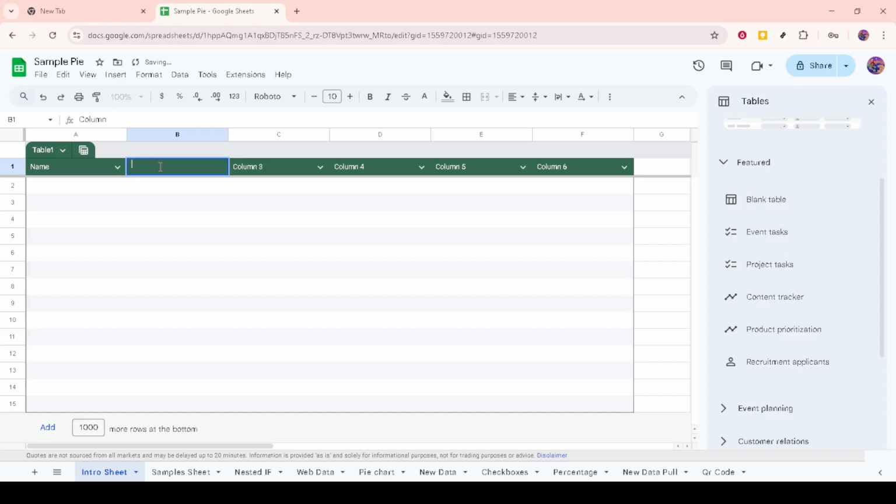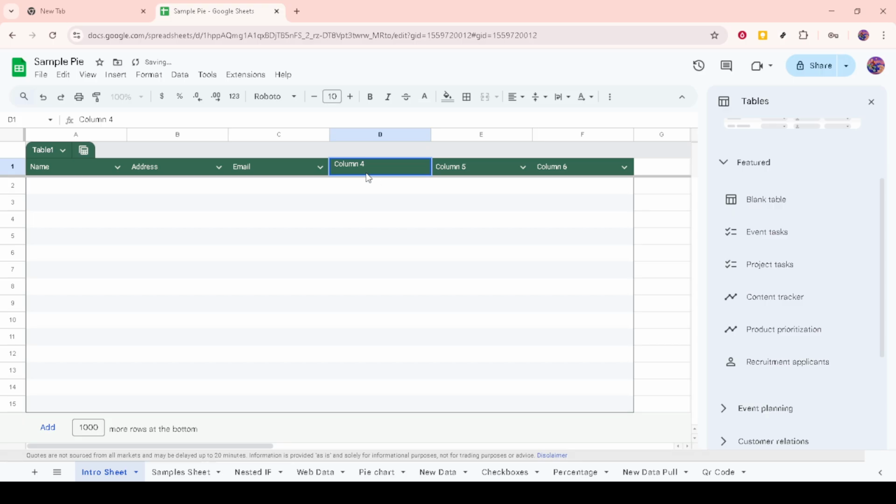The next step is setting column types. This means defining what kind of data will be entered under each column. For example, you might have columns that are strictly for text, numbers, or dates. Setting the correct data type helps Google Sheets understand how to handle the data in each column, which can be useful for sorting, filtering, and performing calculations.